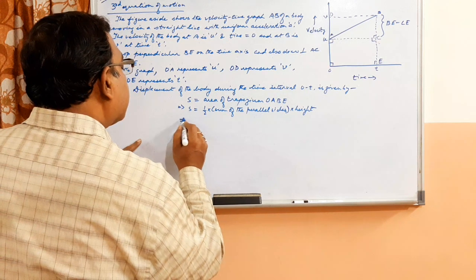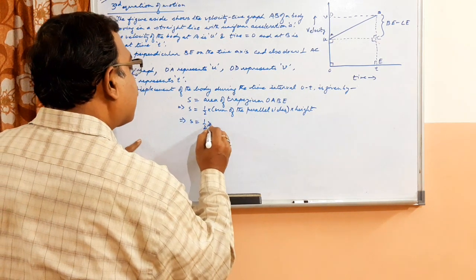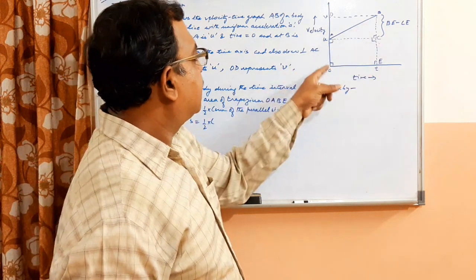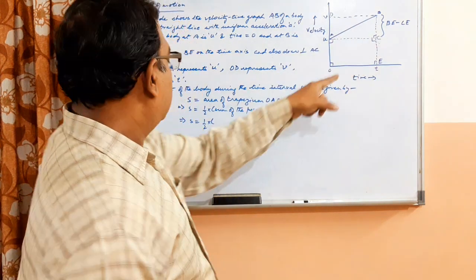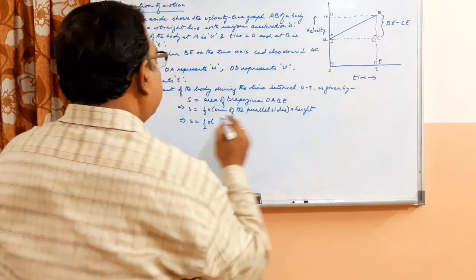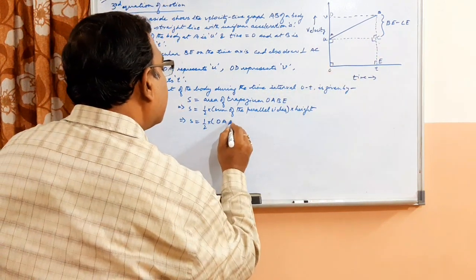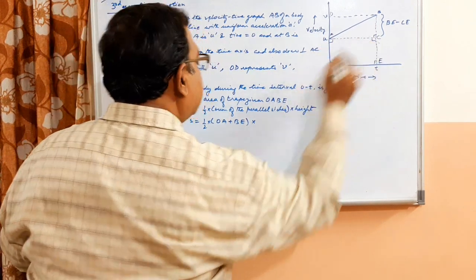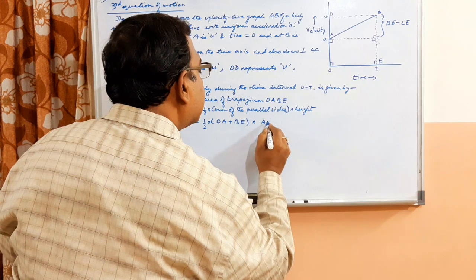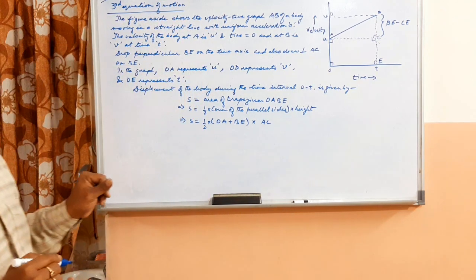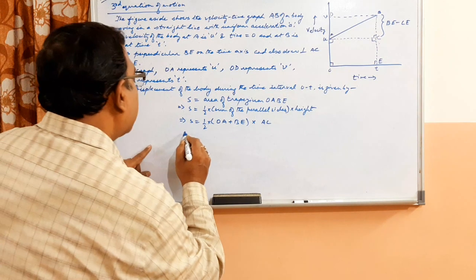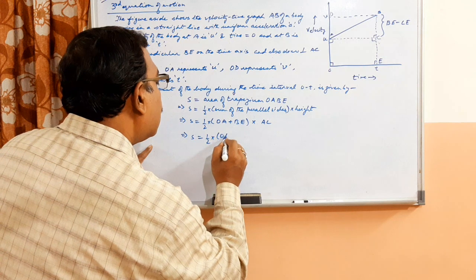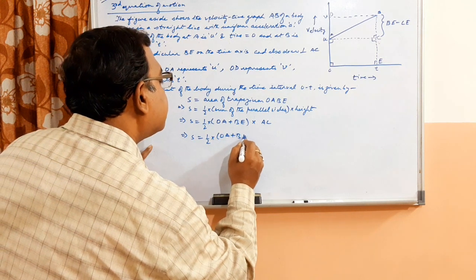So this means S is equal to half of, now what are the parallel sides? We will see that these two are the parallel sides. So the sum of the parallel sides means OA plus BE, into height, which is AC, right? So this implies S is equal to half of OA plus BE